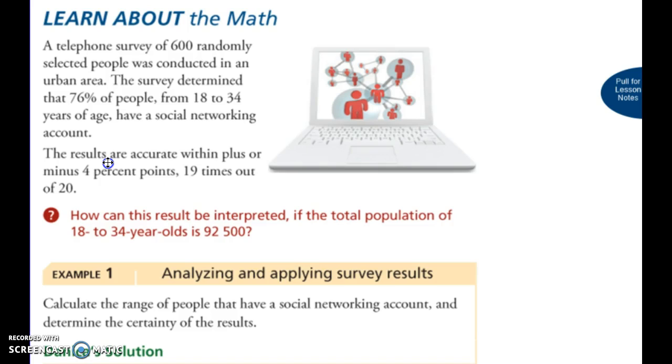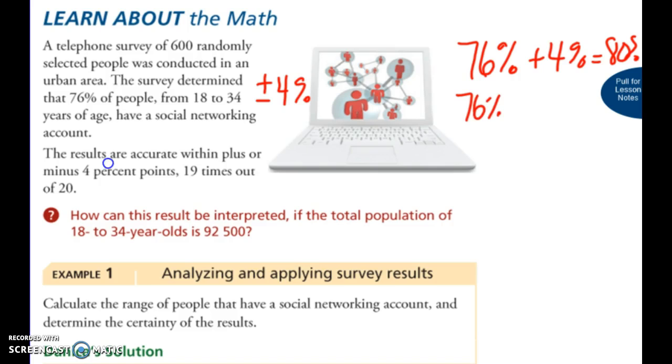So the margin of error in this would be plus or minus 4%. Okay, so if we were looking at the confidence interval, it is 76% plus 4% gives you 80%, and 76% subtract 4% gives you 72%. So between 72 and 80%